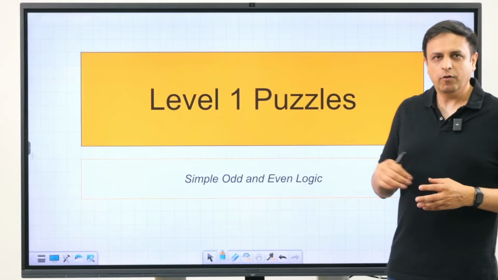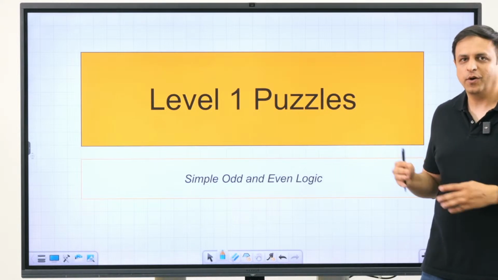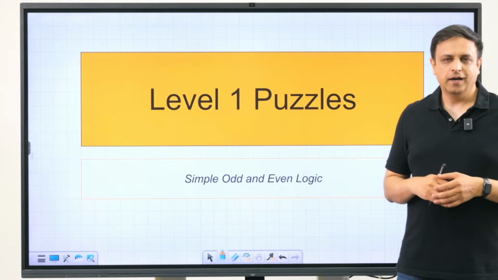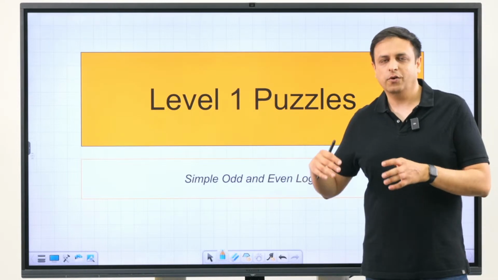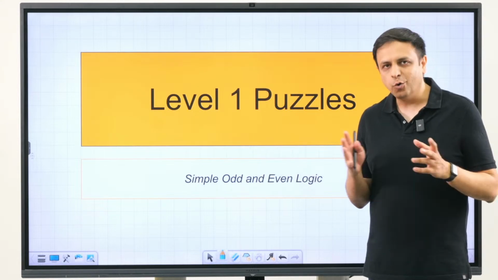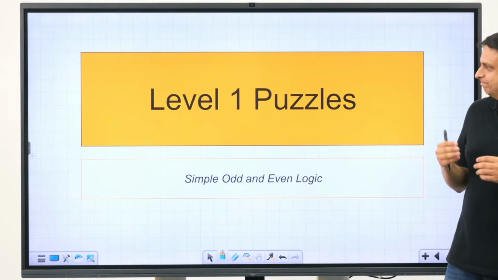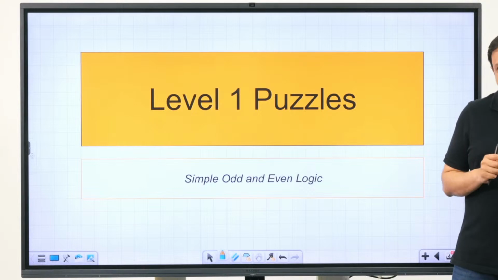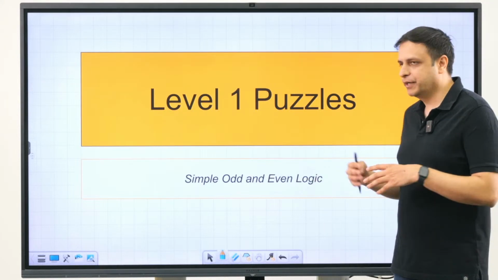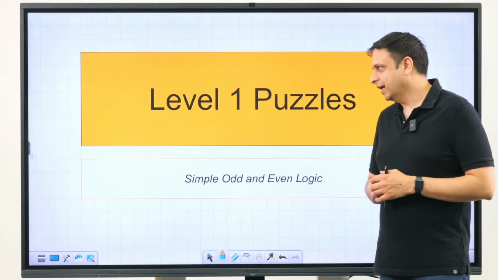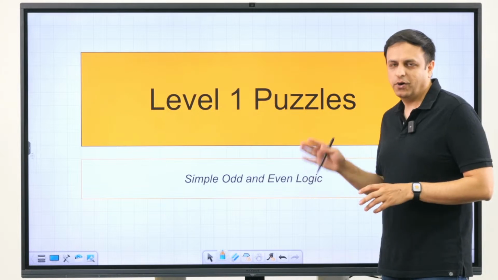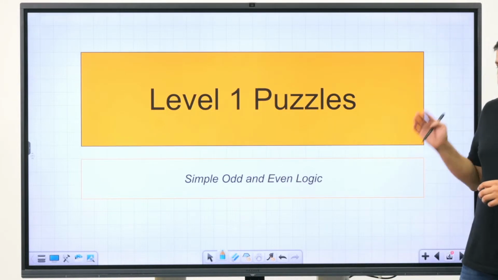So this is level 1 puzzles. These are easy problems. Some of you might find them easy, but don't worry. We also have level 2 problems, and then we'll do level 3 problems or puzzles, and then ultimately we will end this session with a very fun Kahoot quiz. So be attentive, listen to me carefully. If you want to take notes, have your notebook and pen out, and make sure you are noting down all the key ideas, because at the end of the session we'll have a fun Kahoot quiz, and that will test you on everything that I'm going to teach you now through these puzzles.